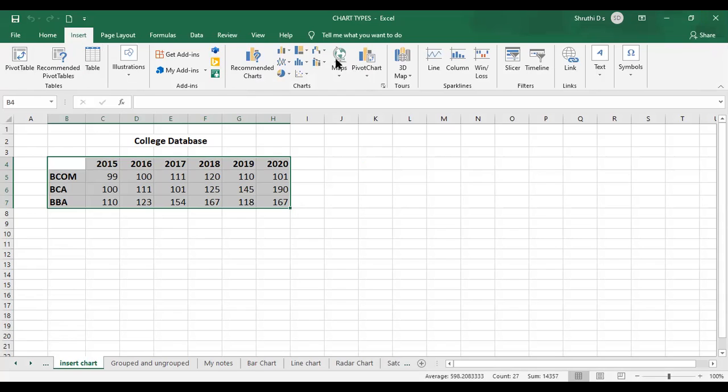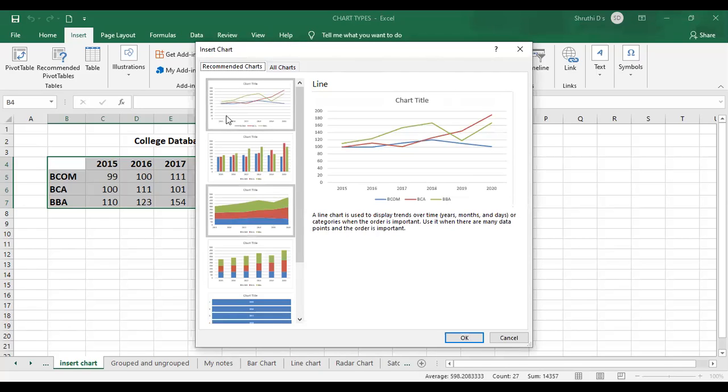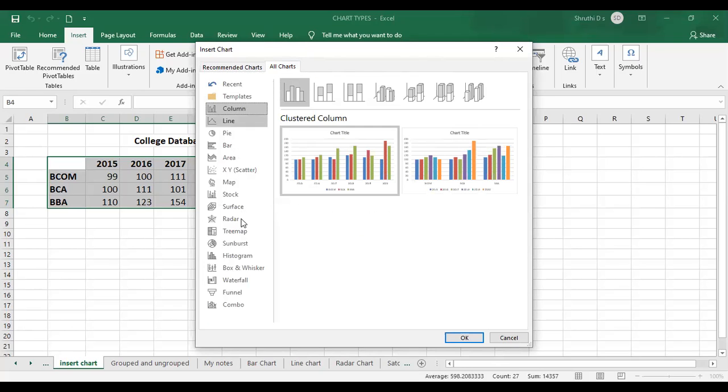Once I click on the Insert tab, you're going to get here in the middle a group called Charts, right? So you have different types of charts available here, and you do have Recommended Charts over here. Either you can select the type of chart from the options, or just select Recommended Charts. I'm sorry, there's a delay in the response of the Excel. Now I'll get this dialog box, and here either you can select the recommended charts from Excel itself, or you can go to the All Charts option, wherein you can find different types of charts provided by the Excel application.